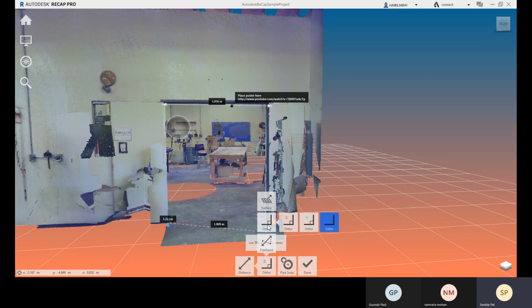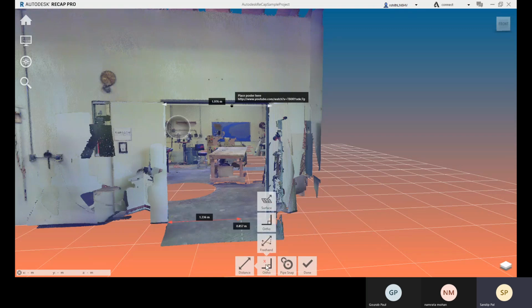And here you can see that when you are going for ortho, there you can choose for your plane. So you have this X, Y, and Z. So you can choose. So right now this Z plane is there. So you can click on this X if you want to choose this.